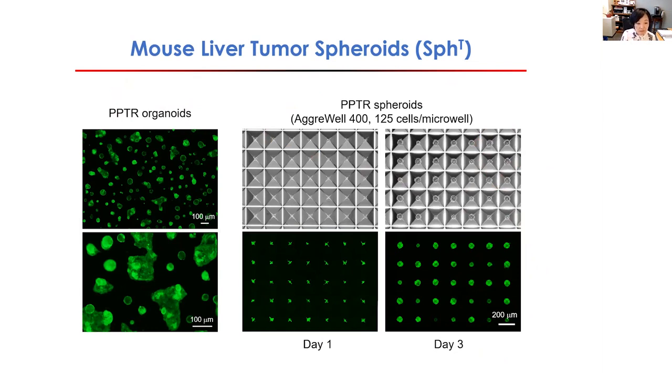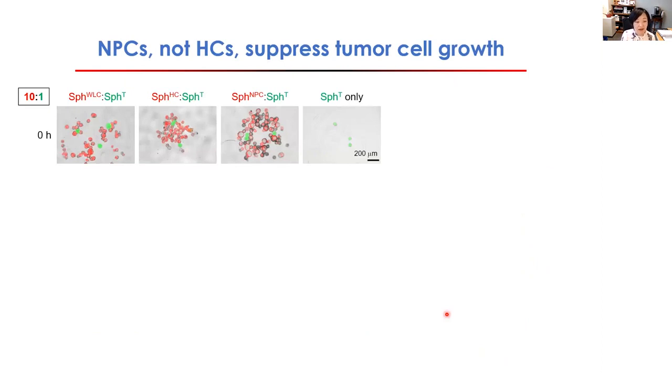So what we did is mix these green tumor spheroids with our red liver spheroids. We tried a 10-to-1 mixing ratio, so 10 normal, 1 tumor. Because we know that tumor cells grow way better than normal cells, we don't want them to overgrow quickly or shadow over the normal cells, so that we're not able to visualize their interaction that well. This 10-to-1 ratio that we tested actually worked pretty well.